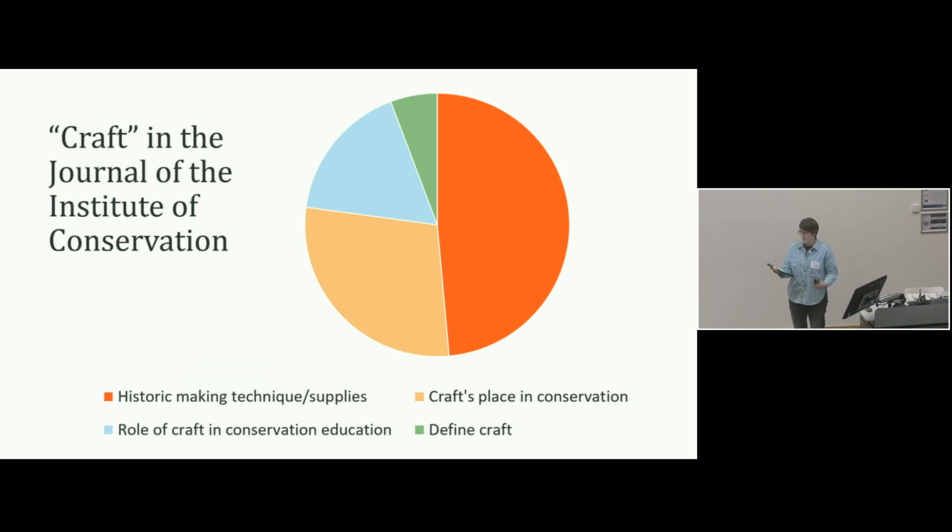And then the other way that we can get an insight into how conservation as a field is thinking about craft is from literature reviews. So I had a look through the Journal of the Institute of Conservation, which published 32 articles between 2009 and 2024, which featured the word craft. 17 of them were only using craft to describe a historic making technique or supplies, by which I mean they were doing something like describing the evolution of Korean craft bookbinding practices, or the use of craft glue, or the use of craft envelopes. But the other 3 themes were quite interesting,